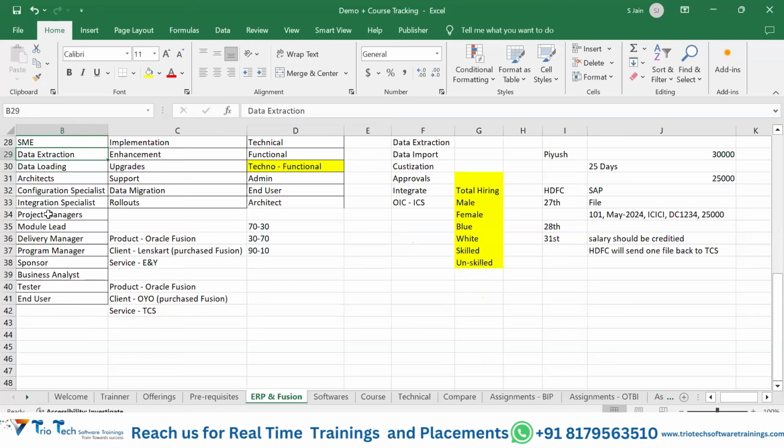Okay then guys, you being the subject matter expert, you know the project, you have the experience to implement things. You can work as a module lead, a product manager, a project manager or a program manager. You may be the business analyst, analyzing the business problems, discussing with the project management, the SME and the architect, finalizing the solution, and then going back to the technical consultant to get those things implemented as data extraction, data loading or